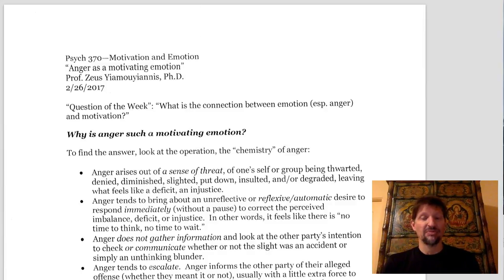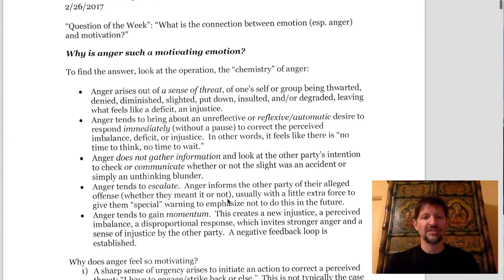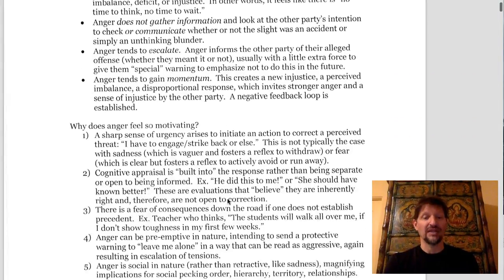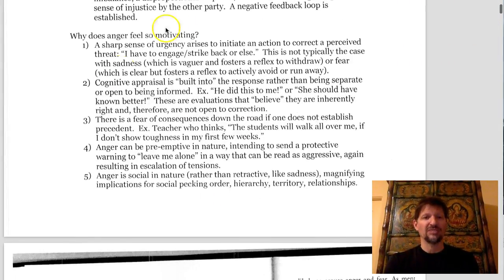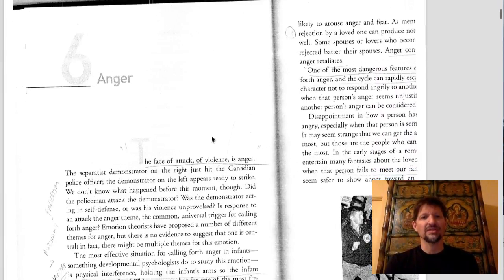Chapter 6 in the Ekman book is on anger. We already did something on why anger is such a motivating emotion. That was in the intro video, so please make this the third section. If you haven't seen that video, see that first. We do an expanded discussion of this here, and we're going on to the readings, reviewing some of the points made in the Ekman book,